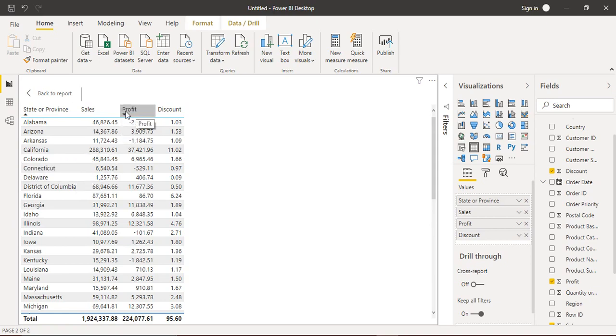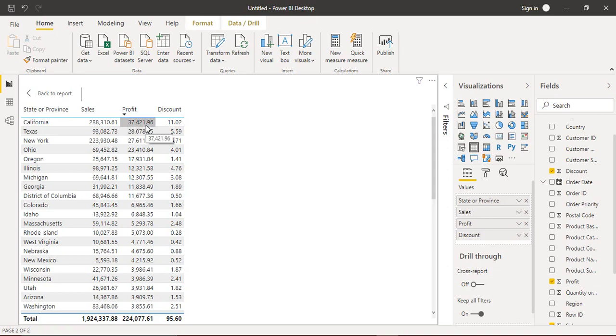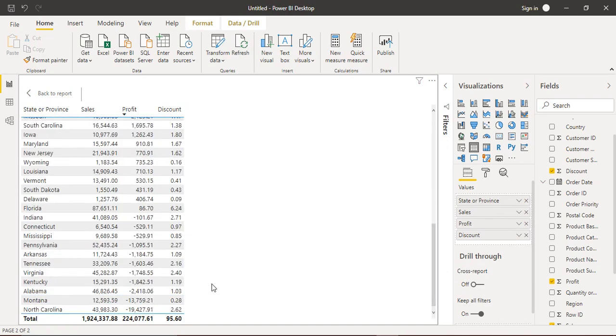Suppose in the profit it's not arranged, so we can just click on this arrow, and you can see that now the table is arranged on the basis of profit, that is the maximum profit values we have got over here. And if you just scroll down, the most loss is in North Carolina, and it is present at the bottom.